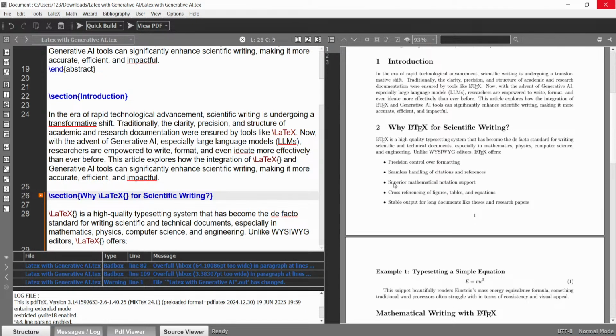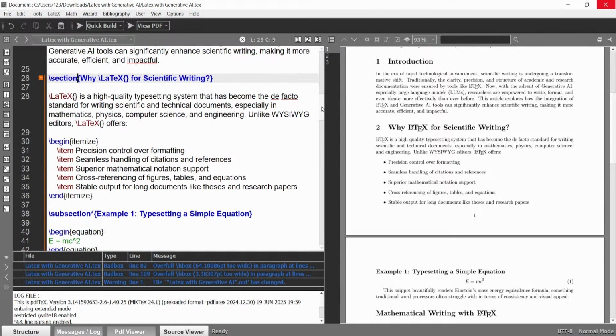Okay, and what about the bullets? You can see on the right hand side, these are the bullets. How can you insert the bullets inside your document? Very simple, and again all these will be automatic.